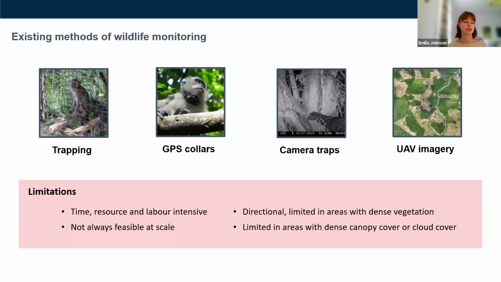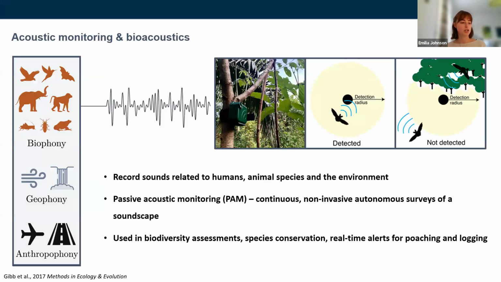Visual remote sensing technologies are directional and limited in areas with dense canopy cover, like tropical forests, or indeed tropical regions. And given that zoonotic disease transmission and risks are most pronounced in those landscapes, often with challenging access and terrain, these limitations really are quite limiting when trying to understand ecological dynamics of infectious disease risk. And classical methods aren't always suitable for understanding disease dynamics at scale or in these forested environments, which is why I'm here talking to you guys.